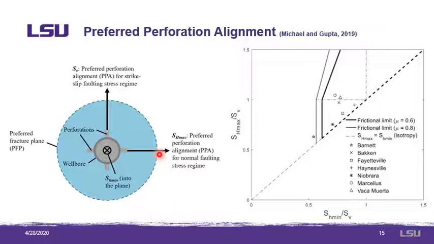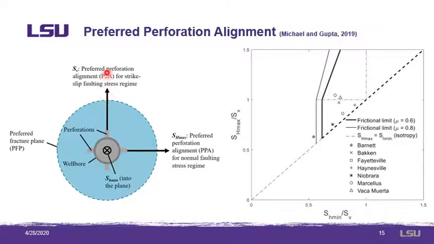For normal faulting stress states, like the Barnett shale, for example, the preferred perforation alignment for a horizontal well drilled parallel to SH min, which is the best orientation for achieving transverse fracture initiation, which is our main objective, is on the side of the hole, parallel to SH max. For strike slip faulting stress regimes like the Marcellus shale, the PPA is on top of the